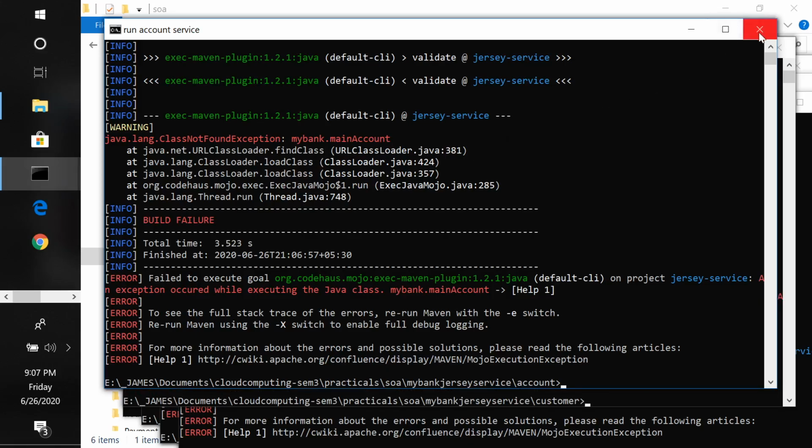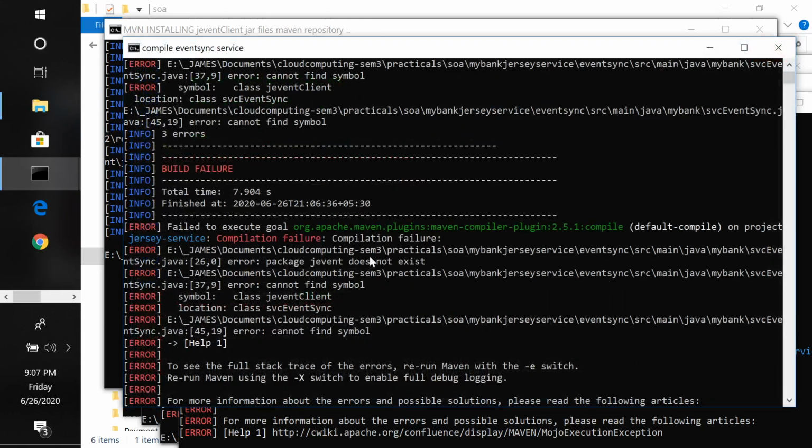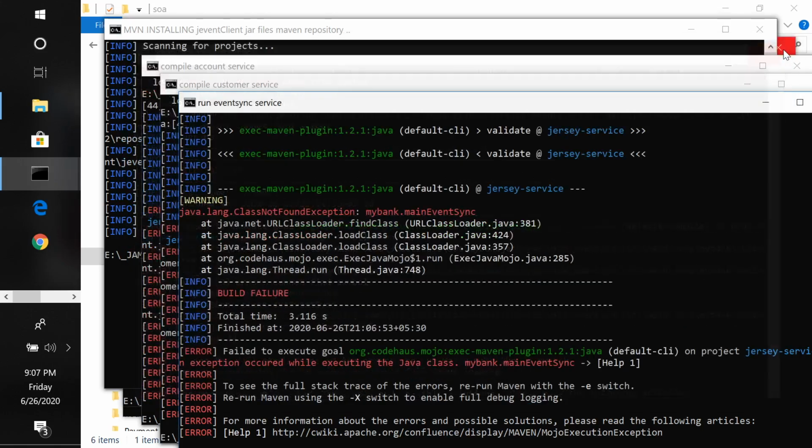I think because event sync failed, all the other services failed. Event sync service failed. Package event does not exist. So I'll have to look into this error.